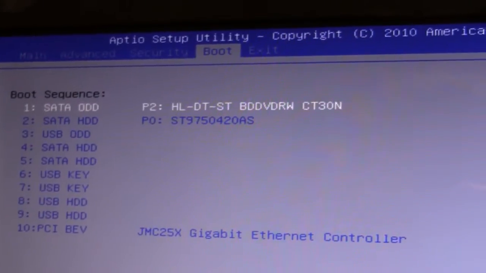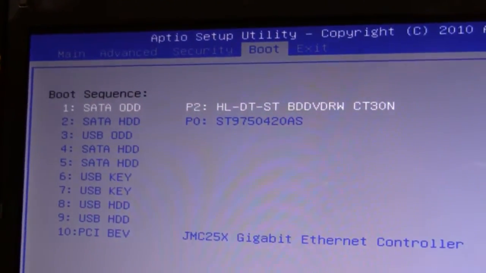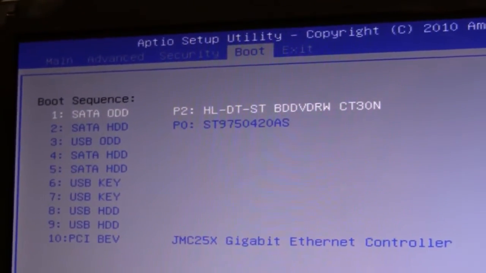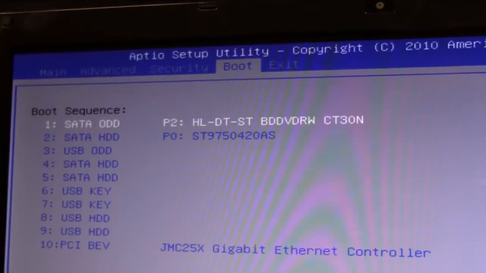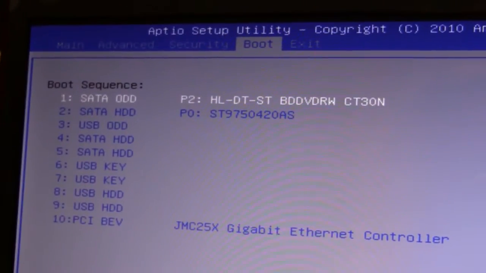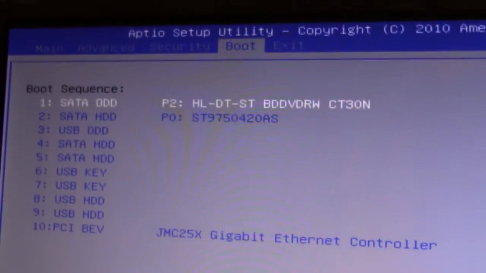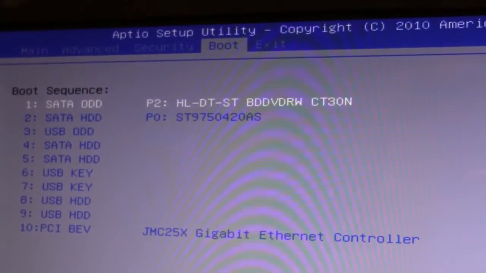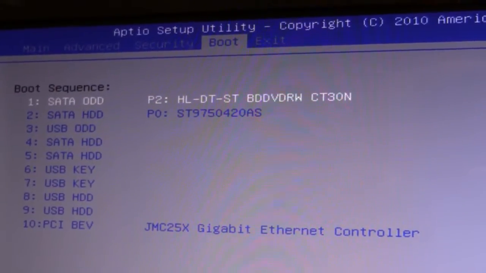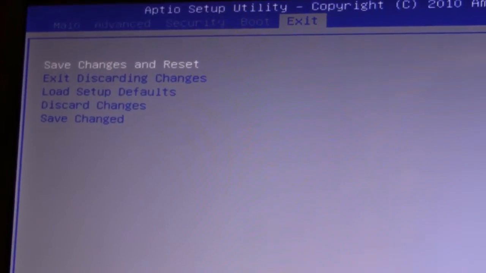Here's our boot. We can change our boot sequence here. As you can see, we've already got our LG Blu-ray drive there in the primary, but typically, when you want to install the operating system, you want to move that optical disk drive to the primary bay, and it looks like they've already done that here. And then they're just exiting there and saving our details. The other thing